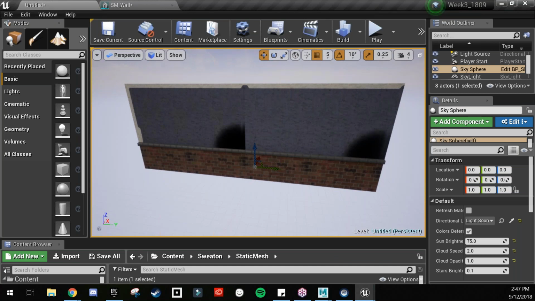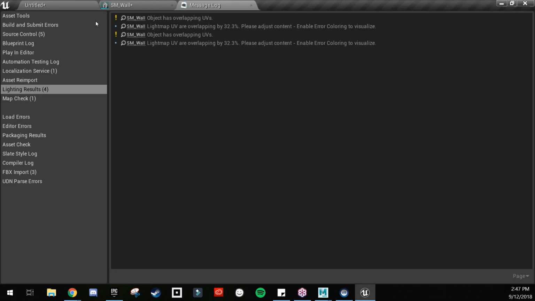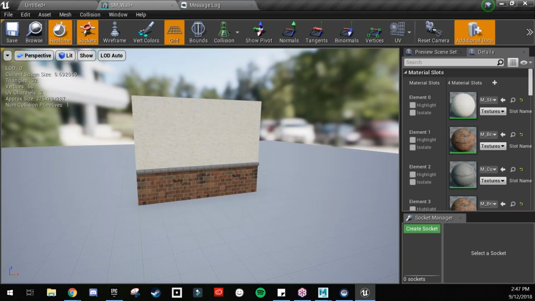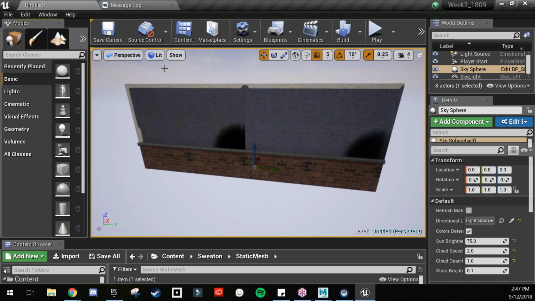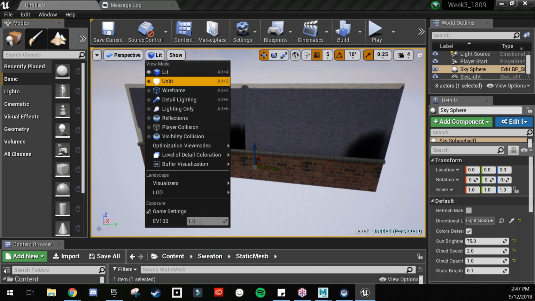Now, you guys have a little extra time to do week 3 stuff, so it's a little bit different. You won't run into this issue. But if you're trying to see what your stuff looks like lit, you may not want to until you've got your light map UVs set up. So if that happens, again, you've got 2 options. You can leave it like this. You can go to unlit, or you can just,